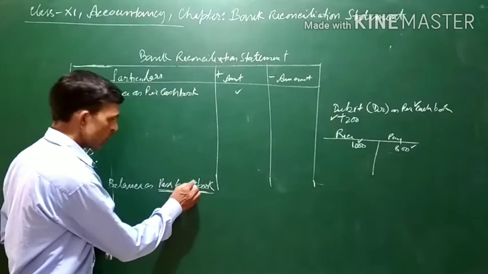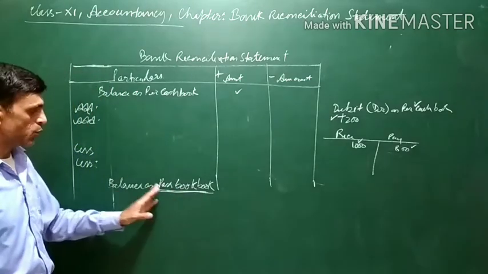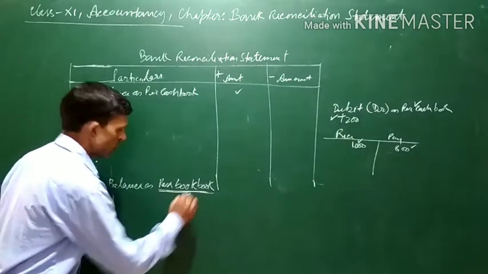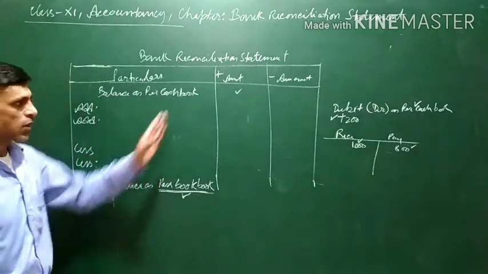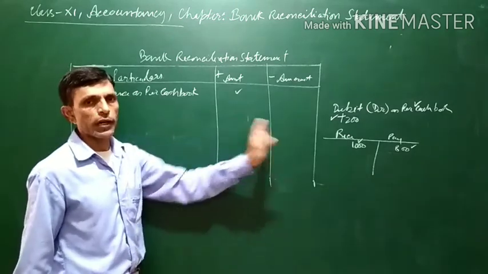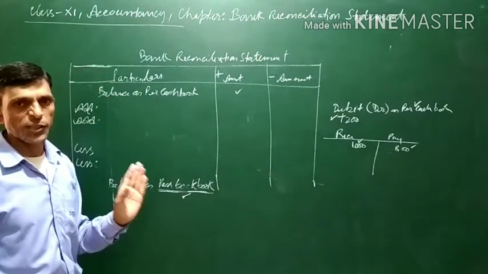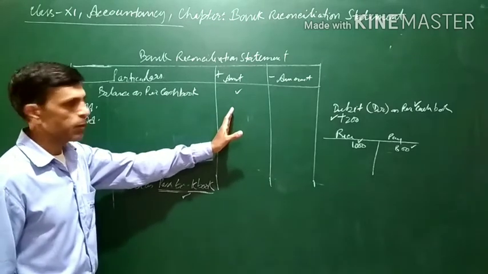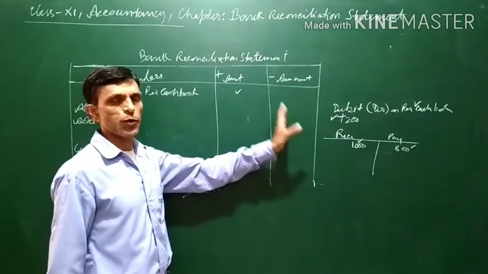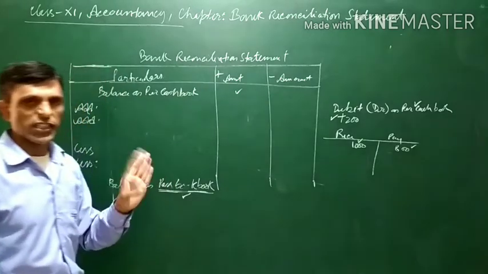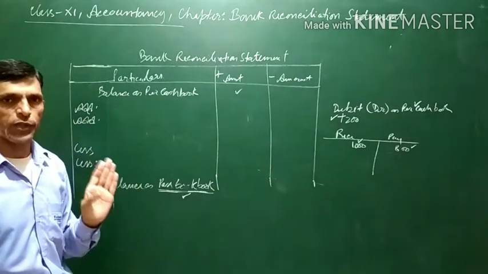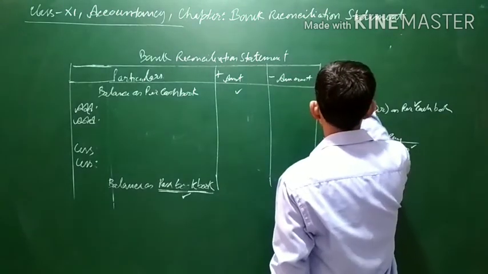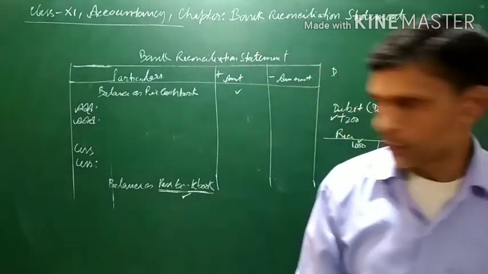Now whatever you have to keep in mind is what has happened in the passbook. Whatever has happened in the passbook, accordingly we will write here. If there has been an addition in the passbook, we will write in the plus column. If there is a deduction in the passbook, we will write in the minus column. That is the rule that we have to follow. Suppose it is given, one example we are taking.